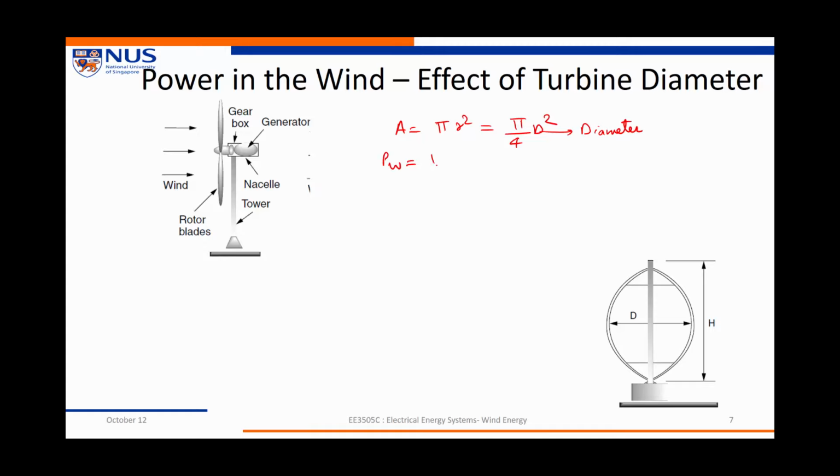Now we know power in the wind is equal to half times rho times cross-sectional area times V cube. For example, if I increase D to 2D, what would be the increase in power? If I do that, the power P_W becomes 4 times P_W, because doubling the diameter increases the power available